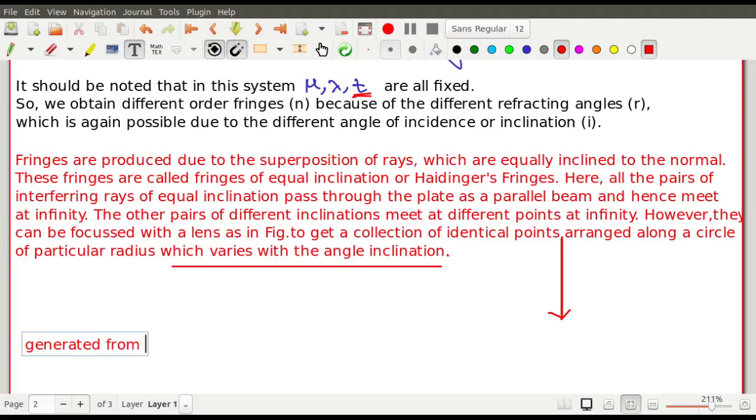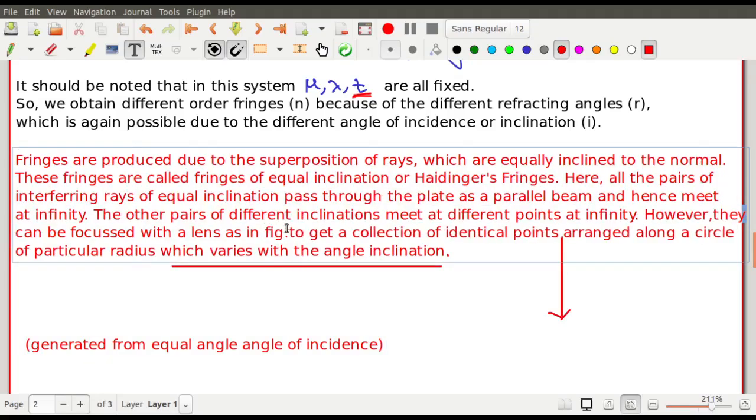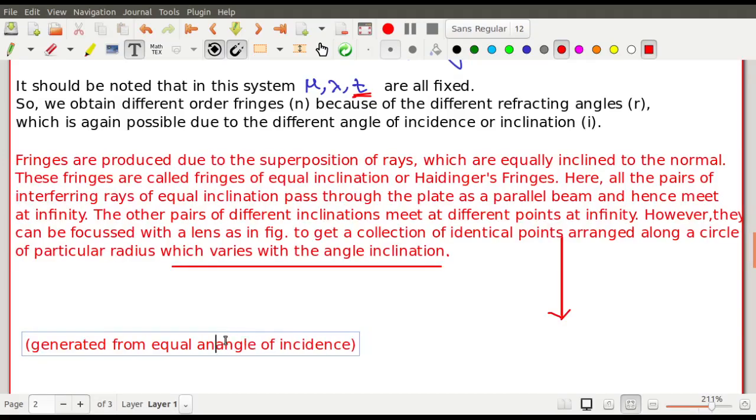Generated from equal angle of incidence, right? So you must write it over here. To get a collection of identical points, as in the figure, all are generated from equal angle of incidence. And that is why this fringe system is called